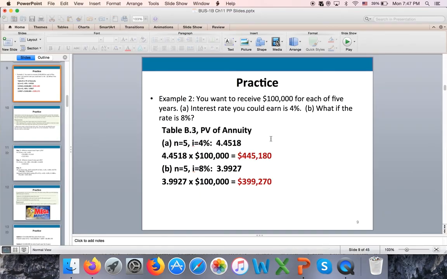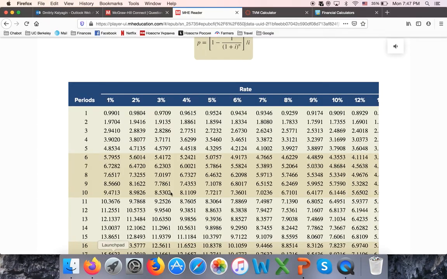So it's 4%, 5 years. 4.4518. Again, to me, this factor means if I invest today $4.45, I can get $1 out of this investment for 5 years. So I will get a total of $5 out. But I want to get $100,000. So let's take this factor,